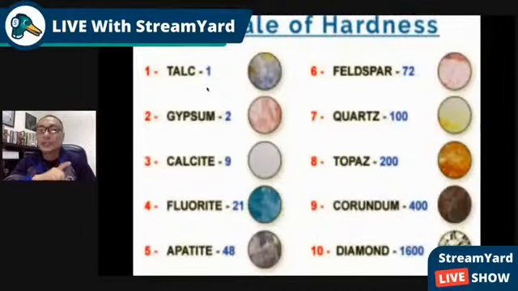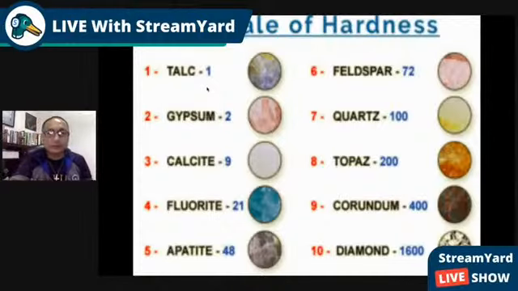Take note of the Mohs scale of hardness. Remember the term Mohs. Kino-compare yung one substance to the other. If the other one is stronger, like 10, diamond is the hardest of all. That is why it cannot be scratched by anything but itself. And then talc is the least hard of all.